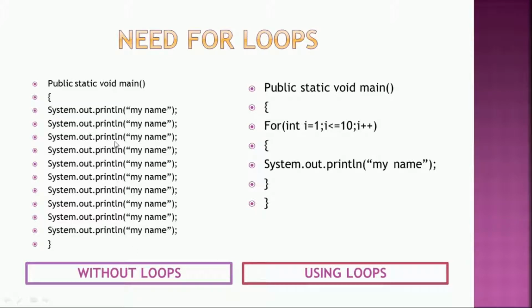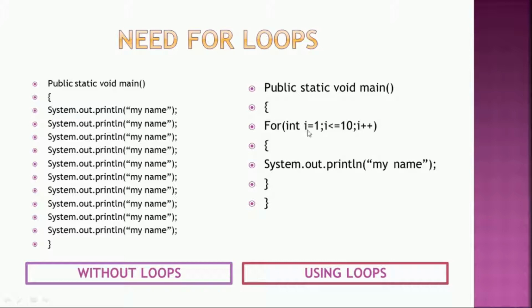Just to avoid this, if we use a while loop or a for loop or any loop, in that case it becomes simpler for us. Here we will be using a for loop. So here: public static void main, for int i = 1; i <= 10; i++. This is basically the use of a for loop. Here we have written this line and this line. Only two lines of commands will serve the purpose of this entire thing, and you can easily compare. The code becomes easier.